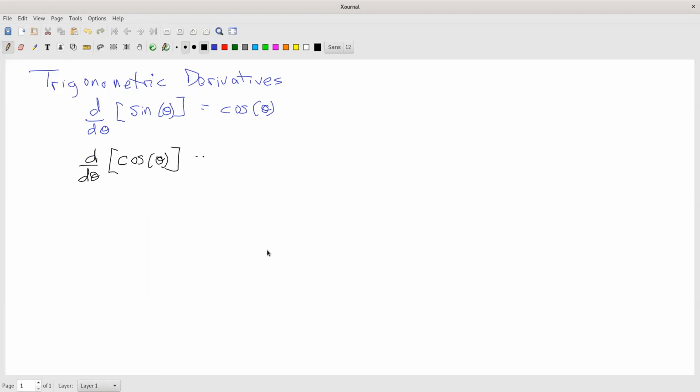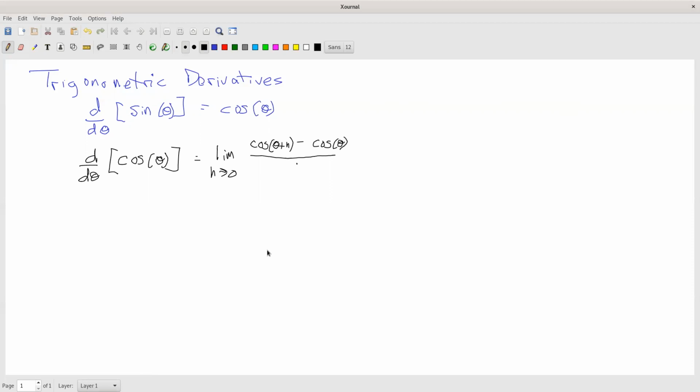So that would mean I have to figure out what is the limit as h goes to 0 of my f of x plus h. In this case, that would be theta plus h. So I'm going to have the cosine theta plus h minus the original function, in this case cosine of theta,